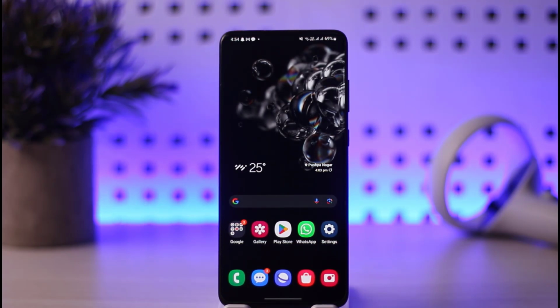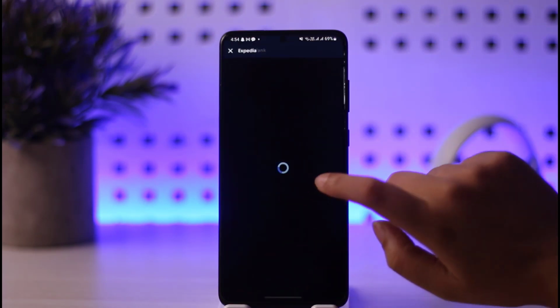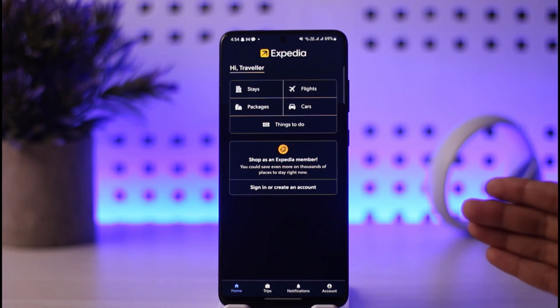For that purpose, if you have booked a particular flight and would like to change it because of a change of plans or for some reason, what you can do is, first of all, go ahead and open our Expedia app. Once the app is open, it's going to look like this, where you have booked a particular